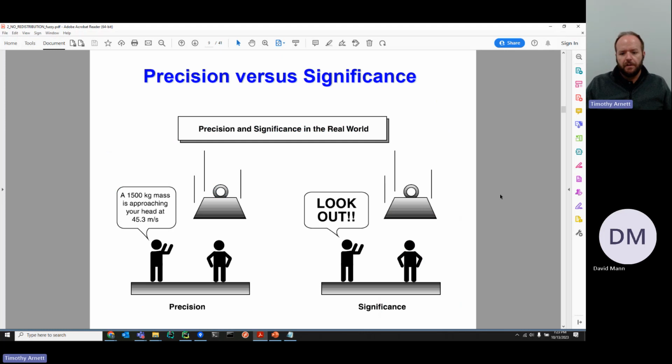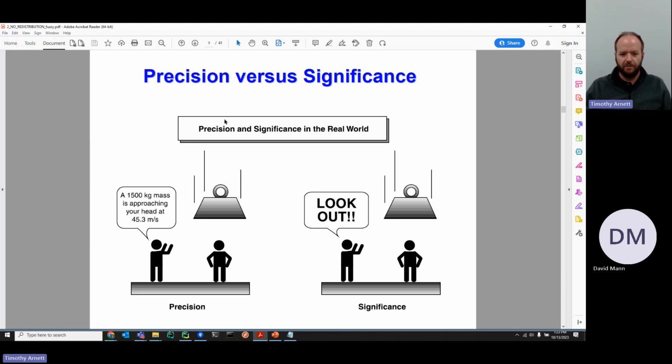This sort of leads into the next topic, which is precision versus significance. A lot of times there is a large focus on precision in terms of being able to measure and represent something very precisely in terms of its characteristics. However, those characteristics don't necessarily lend themselves towards significance as it relates to knowledge representation and decision making.